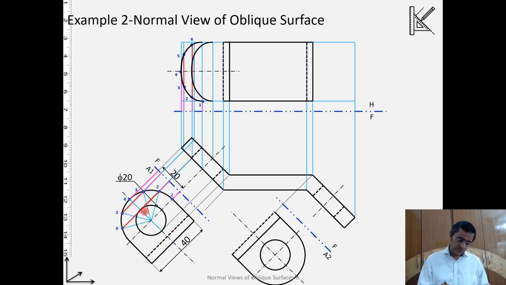Now our next job is the drill over here. This drill is also to be projected onto the horizontal. The procedure is the same. The drill itself, or the circle on this shape, we will now divide into multiple points. So let us do that. I divide it into multiple points here.